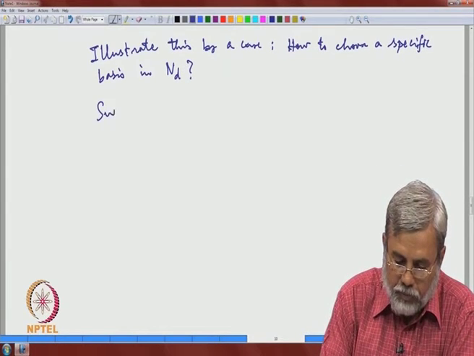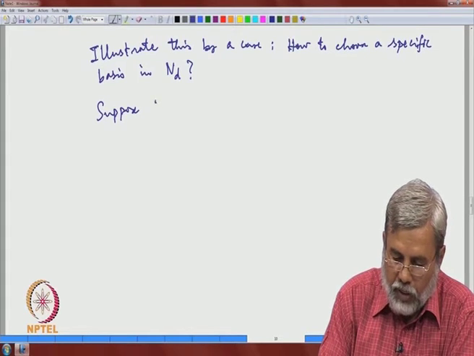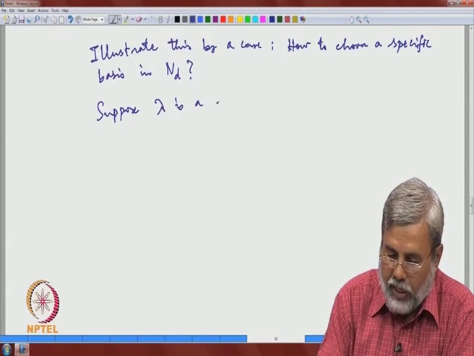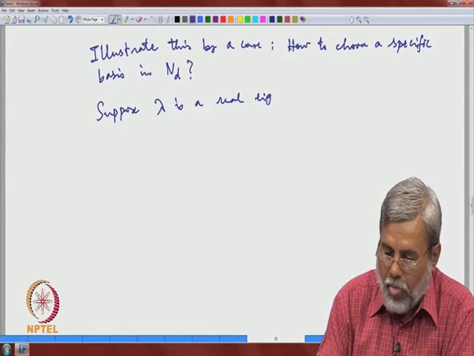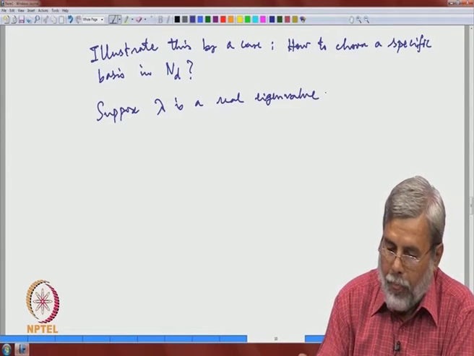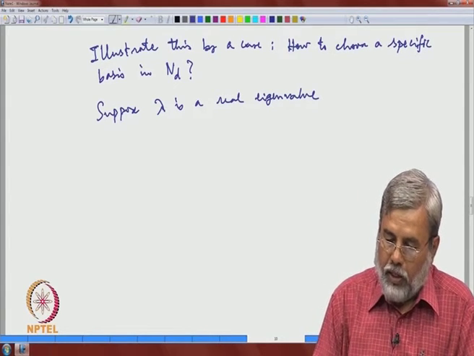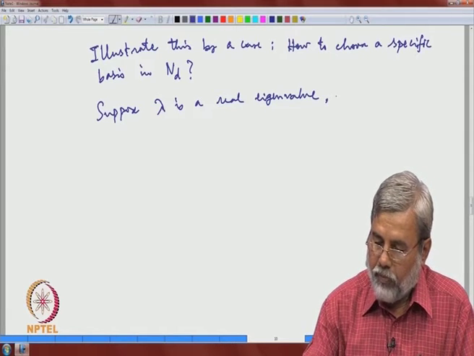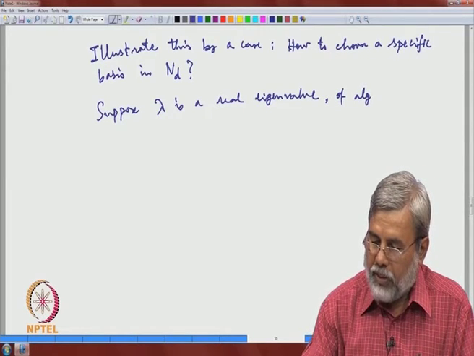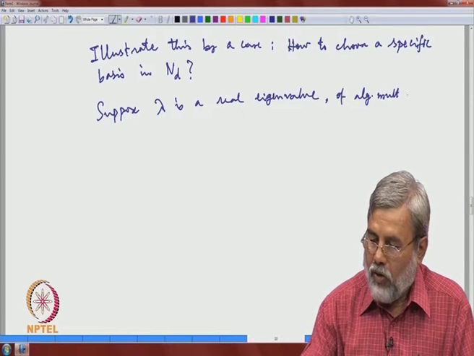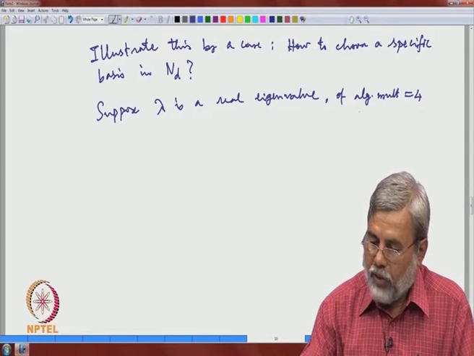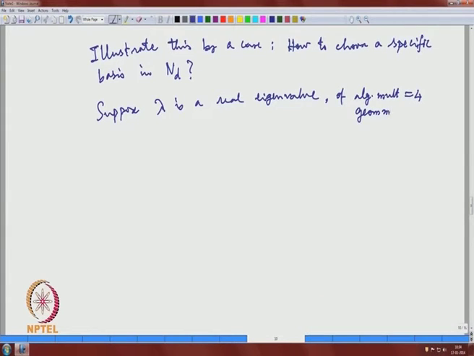So, suppose lambda is a real eigenvalue of algebraic multiplicity 4 and geometric multiplicity 2. So, I have N 1, N 2, N 3 say,